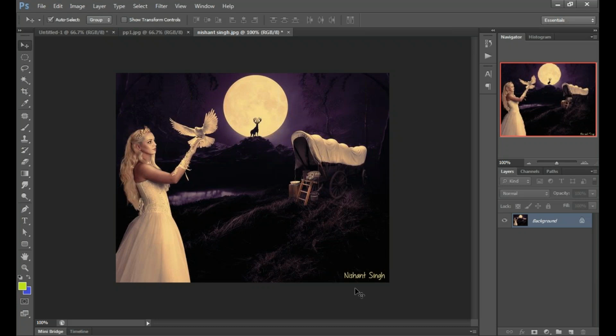Actually, there is no need to post that image at 6,000 pixels width or 10,000 pixels in width. Your mobile device or social media is going to show only a small thumbnail of that image. So if you resize that image, the image size will be reduced, or the weight of the image also will be reduced. So the other person who is seeing that can see it very clearly on their devices. Okay.